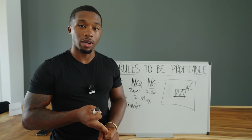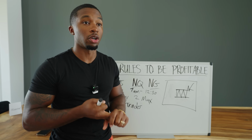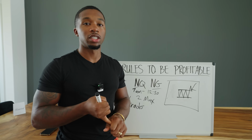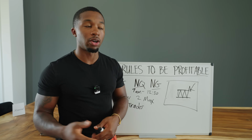Now, if you're an intraday trader, 2 is a great number to be at. I don't think you have to go past 2. I think 2 is a great number to help yourself stay selective, but also give yourself some freedom in case the first setup doesn't work out the best. You can still have a little bit of freedom to make your money back on the next trade